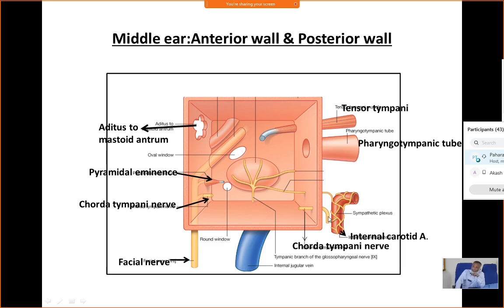artery. Then come to the upper part, where there are two canals. One is for the pharyngotympanic tube, that is the pharyngotympanic opening of the pharyngotympanic tube, by means of which the middle ear cavity is communicated to the nasopharynx. And at the upper part, there is another opening through which the tensor tympani muscle comes to insert into the bones of the middle ear cavity.